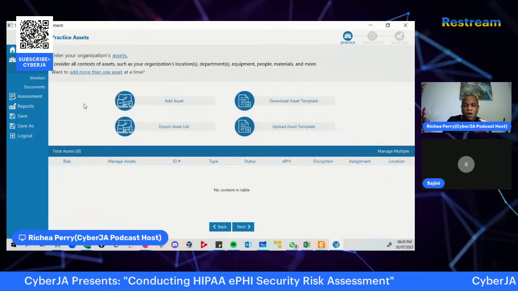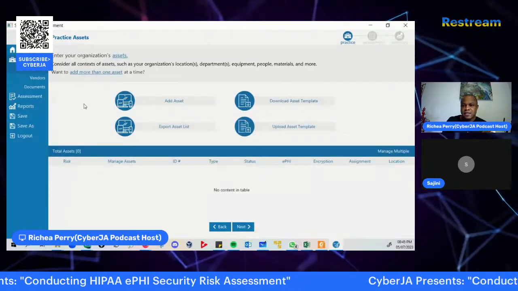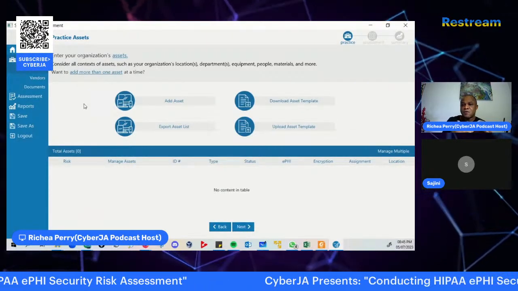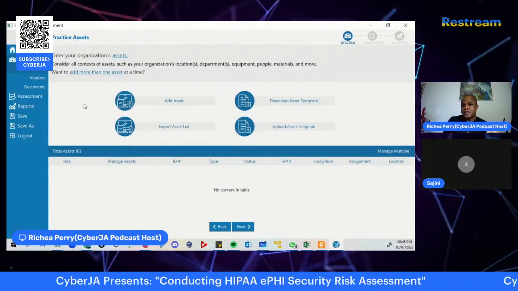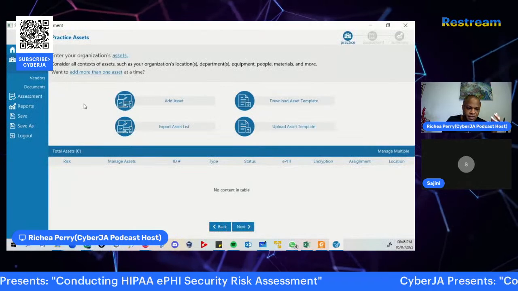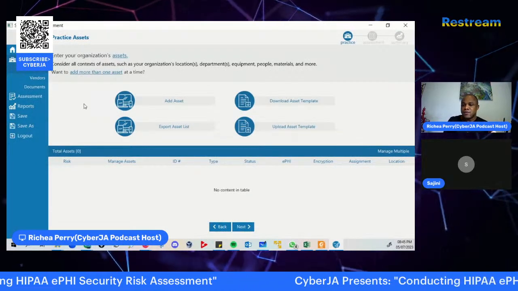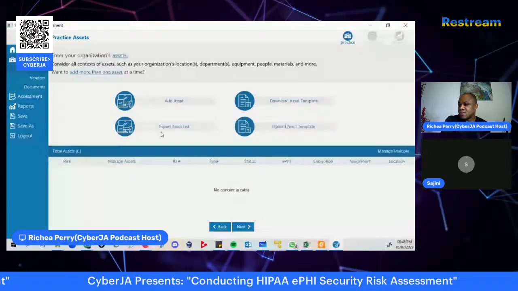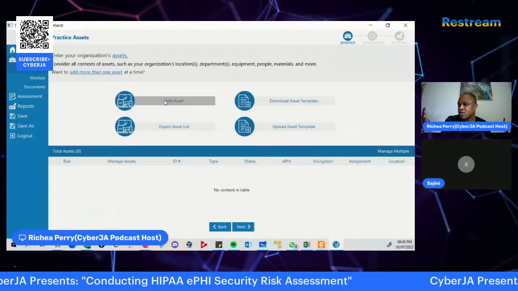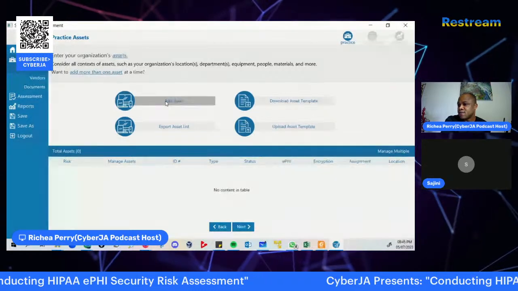So you want to take all of the medical assets, all of the assets in the organization that are part of the processes that help to keep that organization running. So you want to look at all of those assets, and you can export that asset list, or you can add these assets individually.